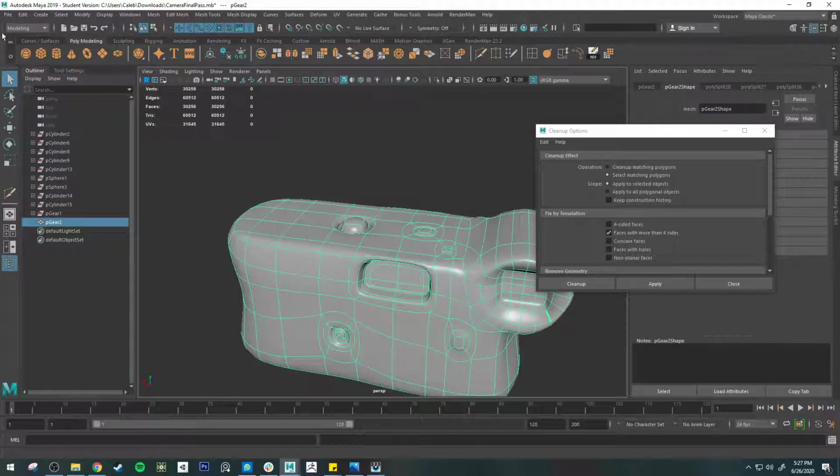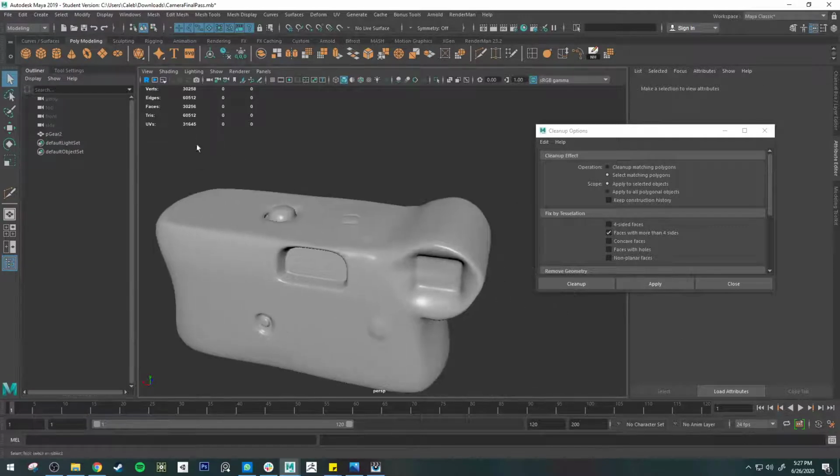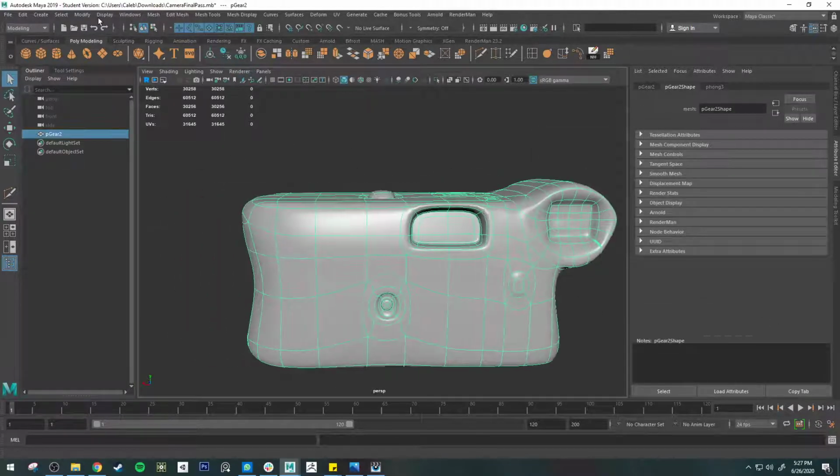Okay. One other thing I want to notice is this has a lot of history on it from me editing it, and that tends to corrupt the file. So I'm going to go edit, delete all by type history, and that's just going to simplify my object's history. I can delete all these extra groups I don't need anymore, which probably happened when you merged your objects together. Okay, and now what I'm going to do is I'm going to go